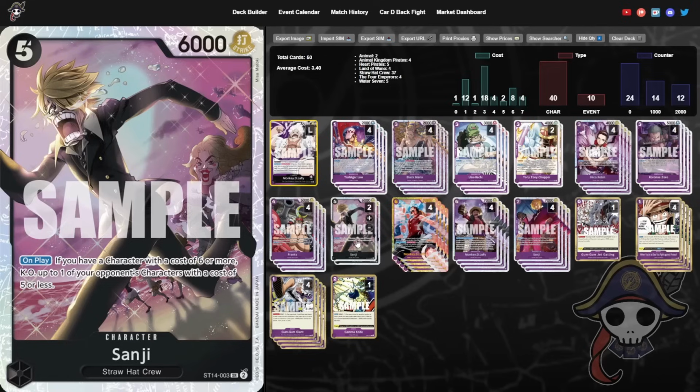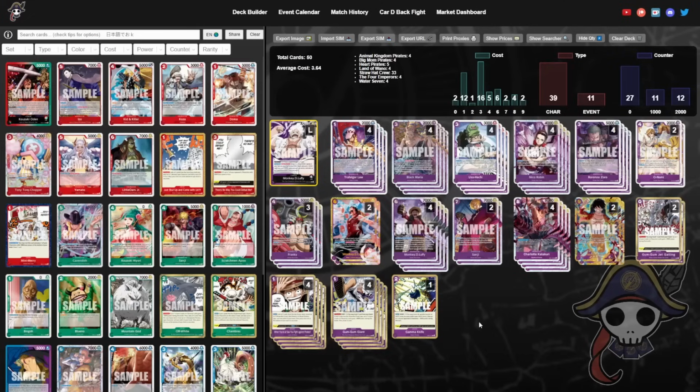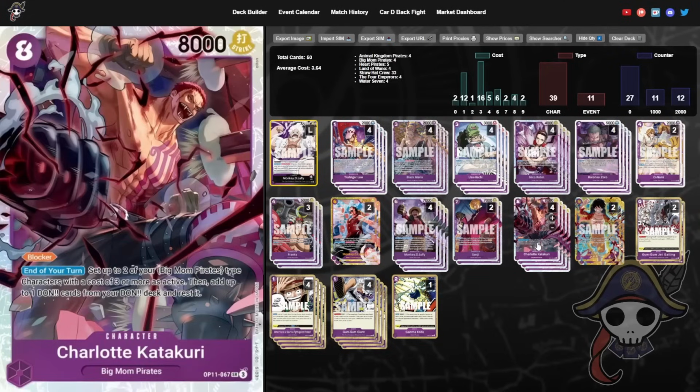Because 2 is something you can't rely on, I feel, and then you'll just get it when you don't need it in a lot of games. I don't know, that's just my personal philosophy. And then the second most has a lower win rate, but has more pilots and more games played. And yeah, we do see them get to Akos Katakuri because